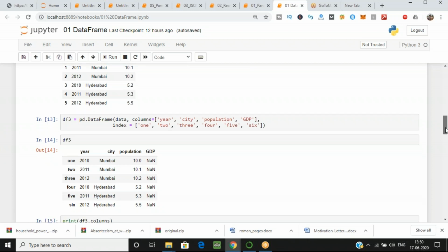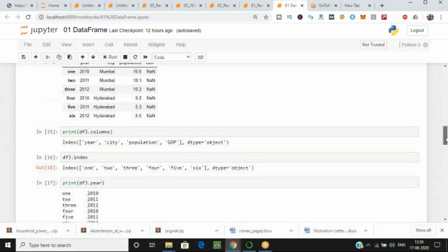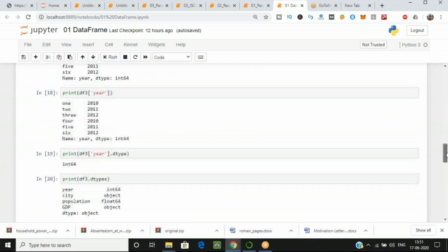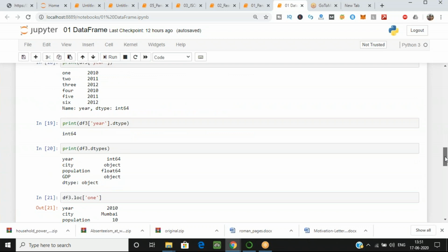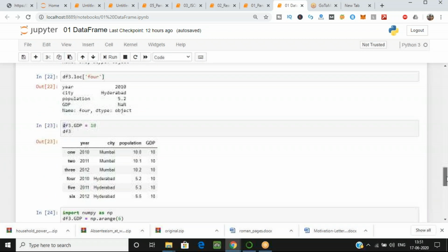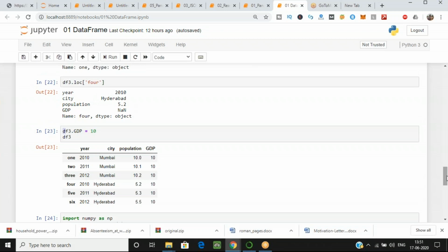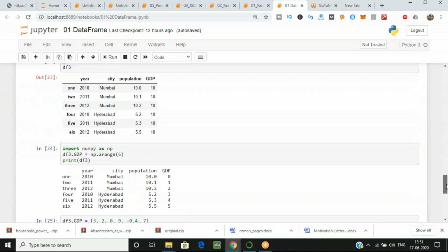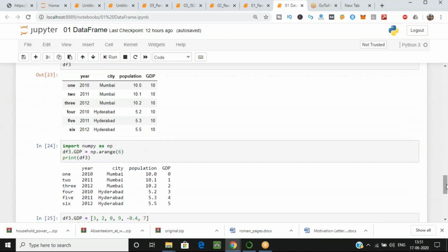Then again, yeah, then you have to give the GDP column its value. First, you have to give 10 values to all GDP column, and then you have to give value with the help of function np.arange.